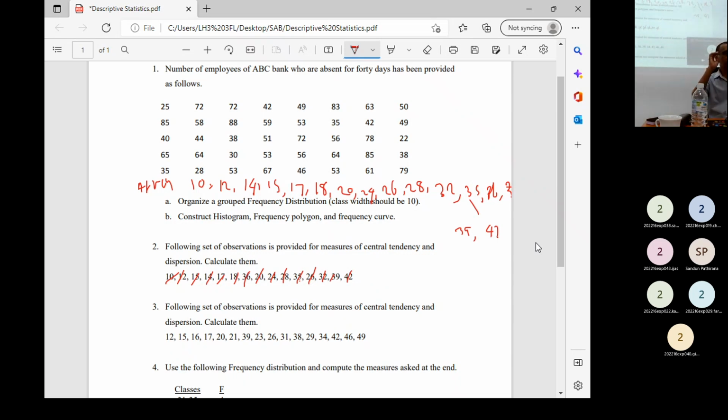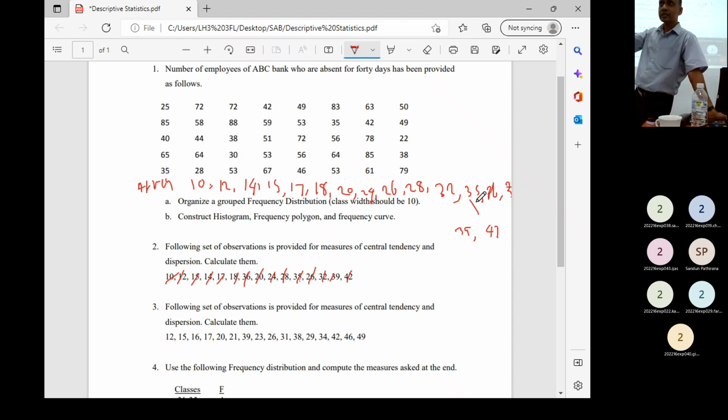Right, you can calculate this, no problem. But when you are having more data, I did not calculate on the board because the other people cannot see. That's why next week we can do all these calculations on the board. Now when you are having more data, it is very difficult to do like this. Therefore, we are using another method for arranging data in ascending order, descending order.